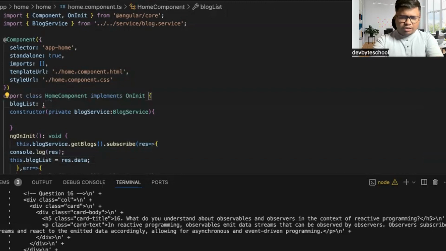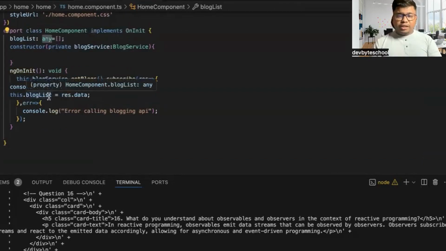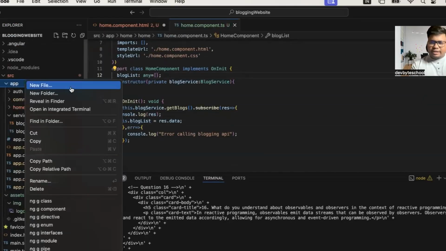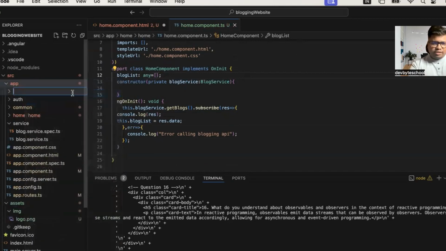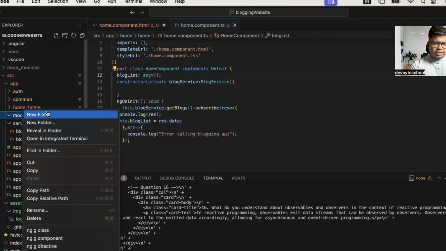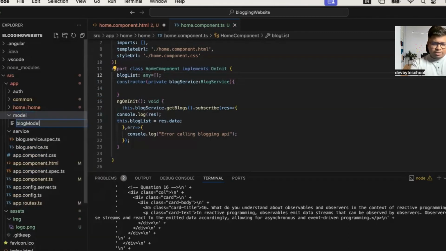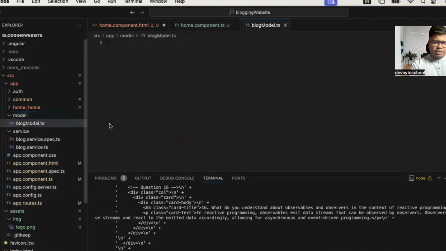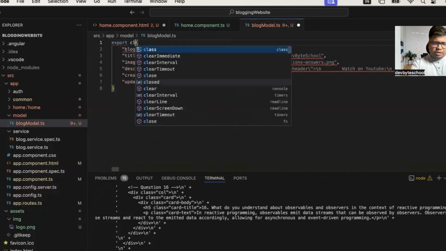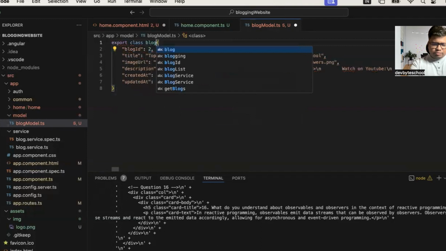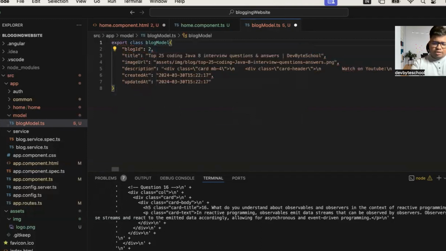We can mention any type, but instead of any, we can declare a specific type of blog since we know what data is coming with the blog. So let's create one folder called model, and inside the model, let's create one file, blog.model.ts. Okay. For class BlogModel,